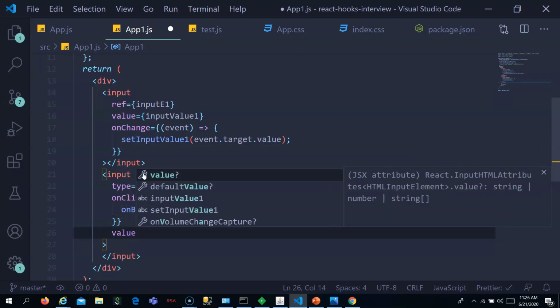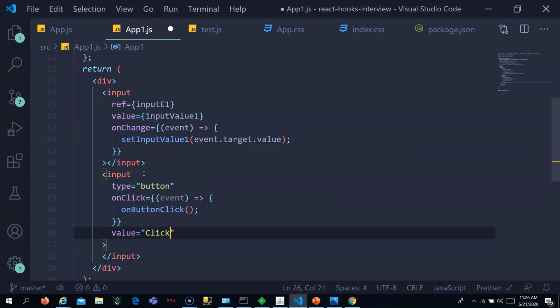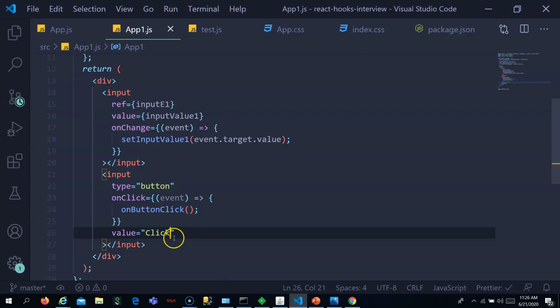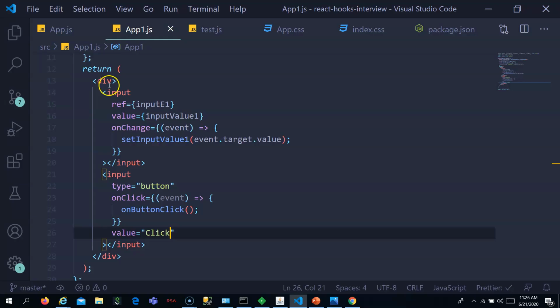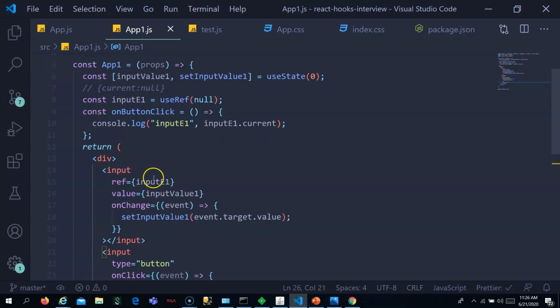Say value equal to click. Now we got it. So every time this input element changes, I have set a state. Whenever the state changes, I am calling setInputValue1, which is going to change the state.